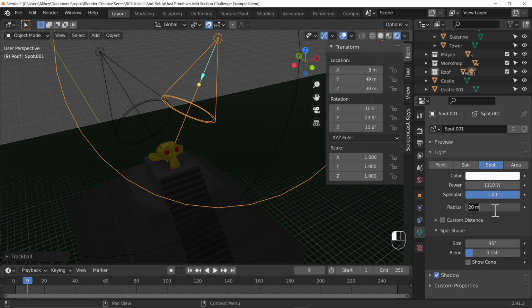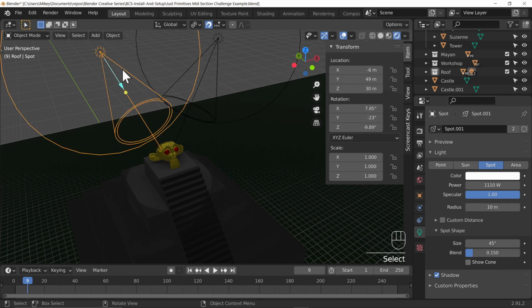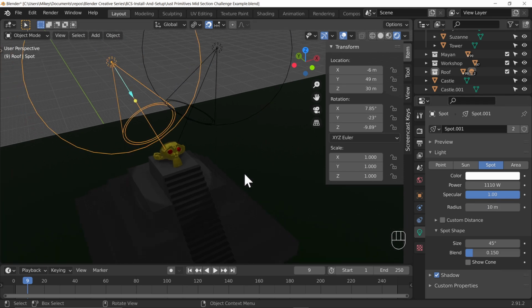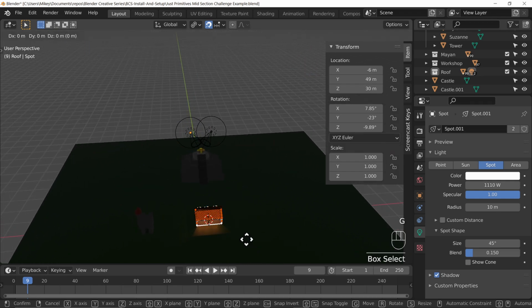Some of these options, when we have a look at Cycles, will disappear. It's just how the different rendering engines treat lights. And because they're linked, I don't have to mess around with the settings for this other object. Nice. Now I encourage you guys to play with different lights and their colors,